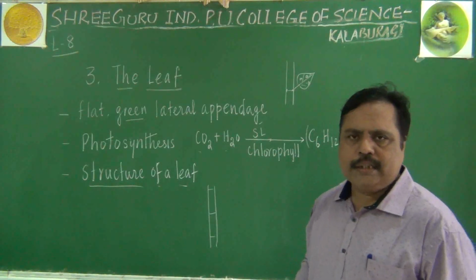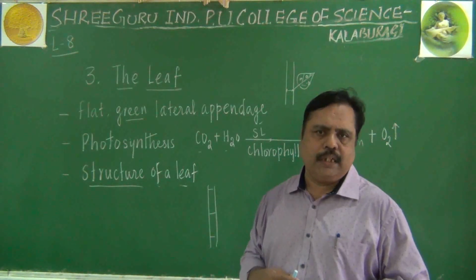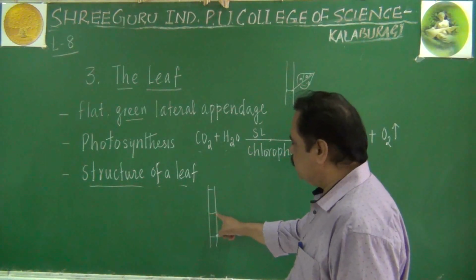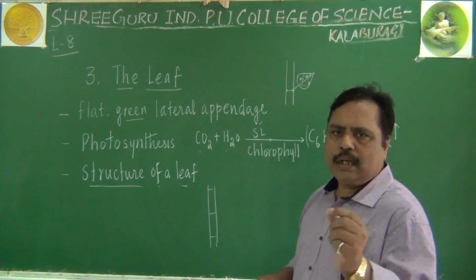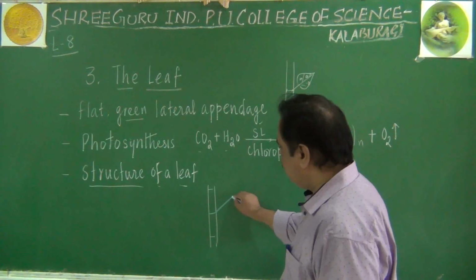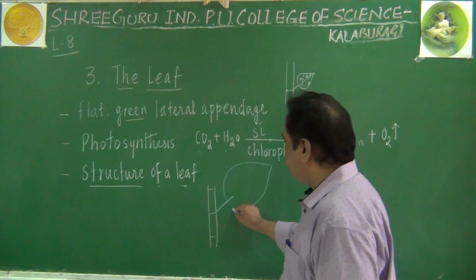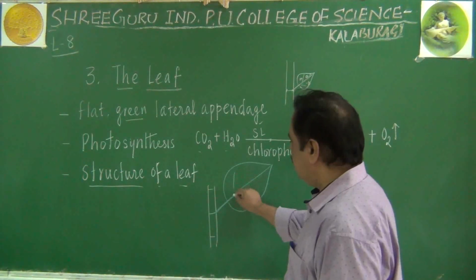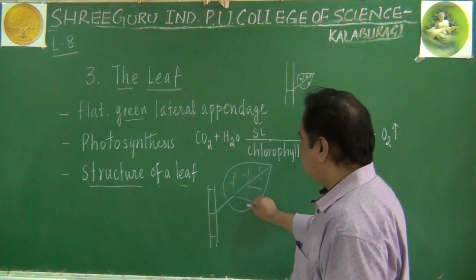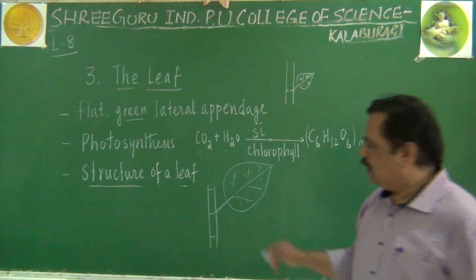I told you already, it is the lateral appendage. What is meant by lateral? Side, right side or left side, like that. So from this lateral bud, otherwise this growing tip, called the axillary bud, there will be a structure arising for the leaf like this. This leaf can be studied with the proper structural details here. Imagine this is the structure of a simple leaf where we can come across 3 major parts.